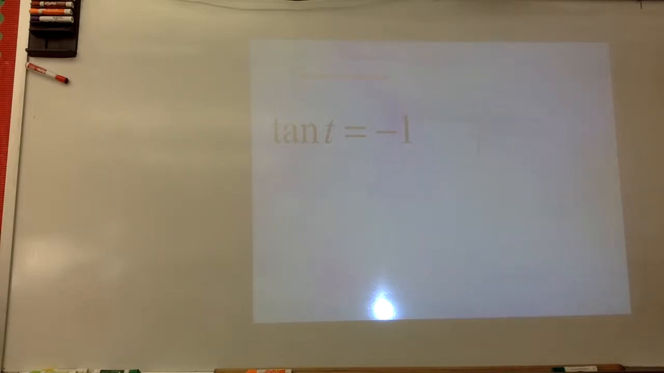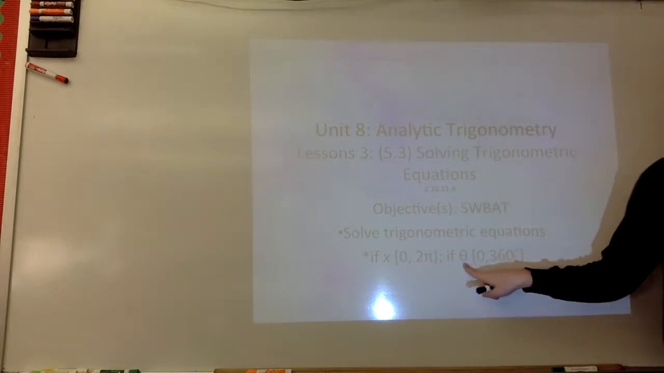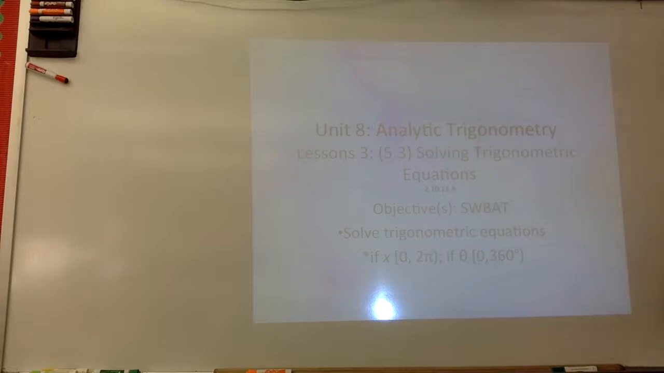one thing to note, I'm going to go back a slide here. Anytime you're asked to solve for x or t, we're going to solve on the interval from 0 to 2 pi. So all of your answers in radians will be within 1 revolution of the unit circle. If you are asked to solve for theta, again, 1 revolution of the unit circle in degrees is 0 to 360. So when I move over here, and I say the tangent of t is equal to -1,